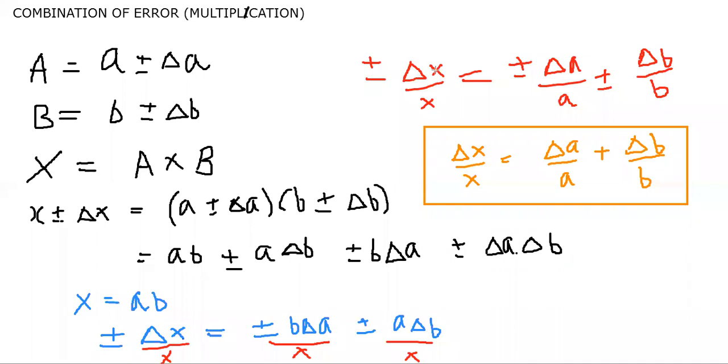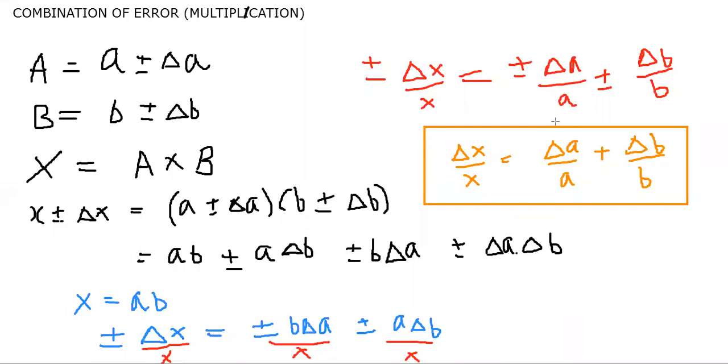so the value comes: delta X by X is equal to plus minus delta A by A plus minus delta B by B. Now as errors are taken as maximum, as I told you, there are four options again: both taken as positive, both as negative, one positive one negative, and the same as was discussed in the last video. So for calculating the error, we have to take the maximum value, that is when both are added. So plus delta A by A and plus delta B by B. This is the formula for calculating errors while doing multiplication.